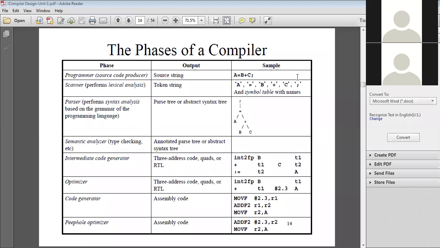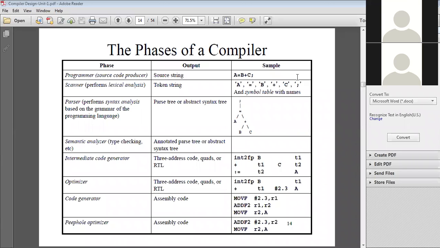Another is called the optimizer. Optimizer optimizes the different codes or different strings which are written by you. So our target is to write efficient programs, and efficient programming is possible if we emphasize the memory occupied by your program. So why are we going to optimize our program? Because our target is just to minimize the requirement of the memory. So we use the optimizer.